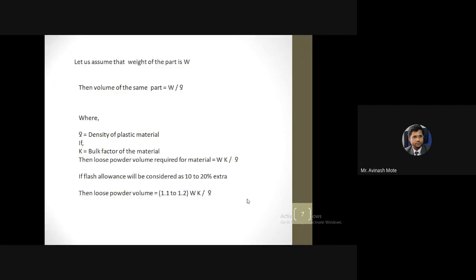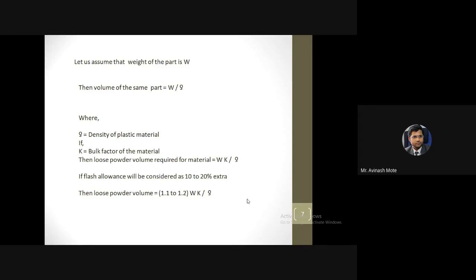We have to consider the volume of fillers also. So for these formulations we have gone for, we know the weight of the component. Depending on the density, we can calculate the volume of the component. The volume of the component we can easily get from the design parameters also. Now we know the volume of the component.